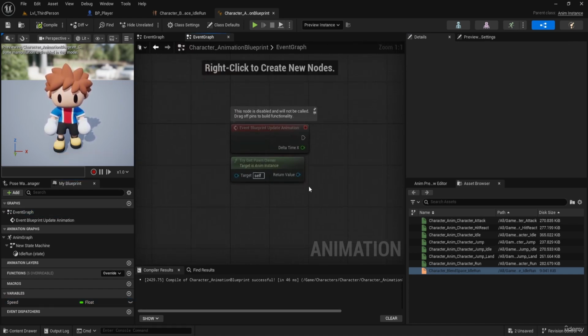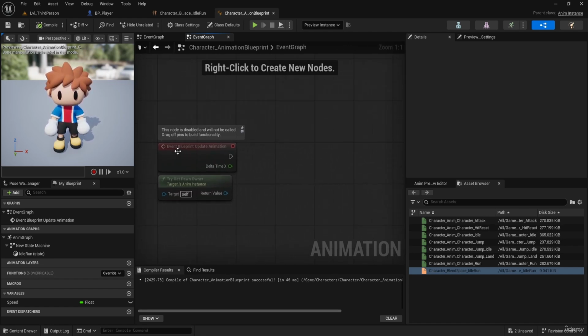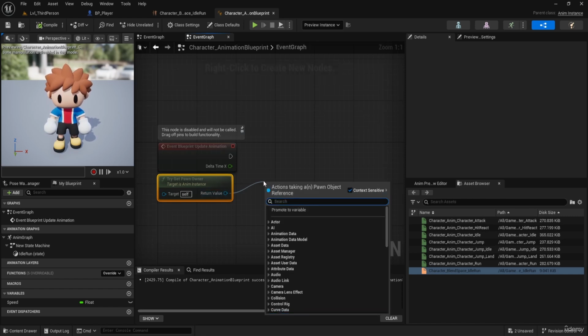Over here is basically where we program things for the animation blueprint. So by default, there's the event blueprint update animation. And below it is the try get pawn owner. This is basically a function that runs every frame, and this gets us the player blueprint. So what we'll do is from this, we'll drag and then get